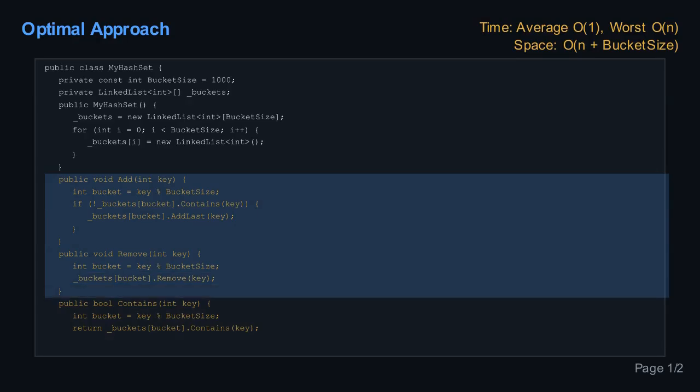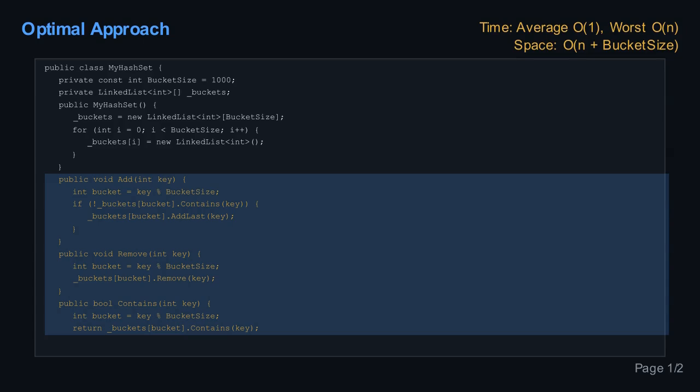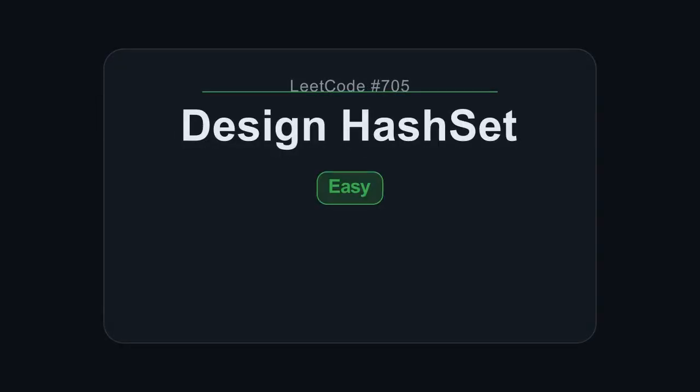Removing does the same bucket lookup and deletes the key from that list if present. Contains just checks the corresponding bucket's list. Because the bucket count is constant, the average list length stays tiny, giving us near constant time per operation. You'll recognize this pattern whenever you need fast membership tests and can afford a fixed size bucket array with chaining